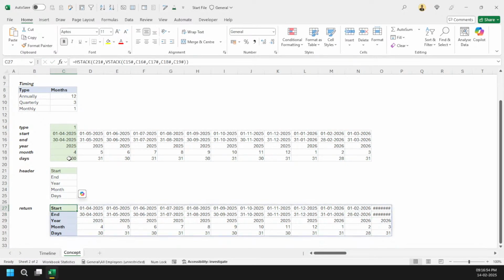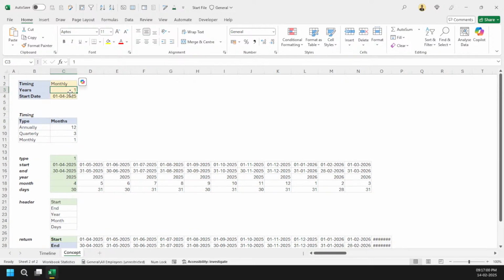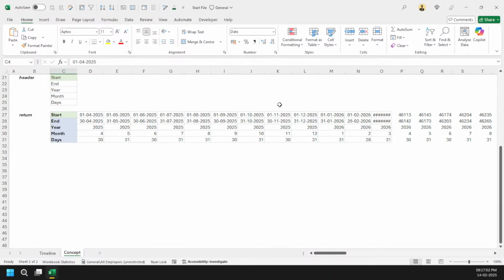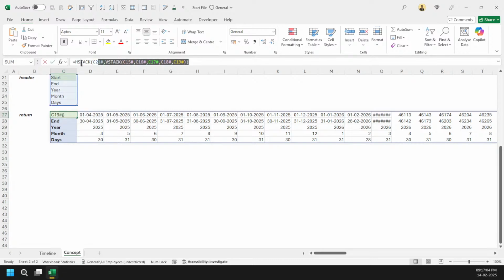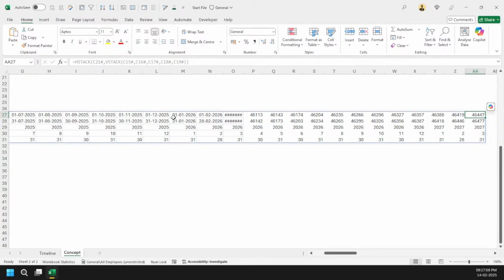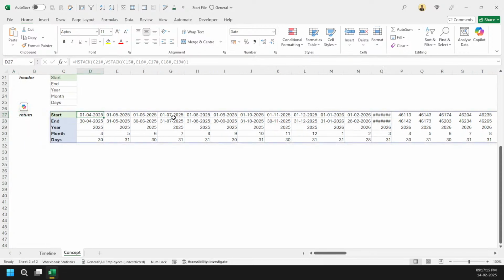Now, this one cell formula will change dynamically, right? So you can just change here, and we will go for 2 years, and you will see my formula is here only, right? And it is spilling everywhere. So now the best part is I don't have to come back and back here and do the calculation. And here comes the important part.